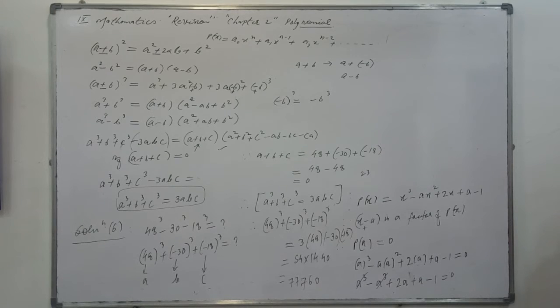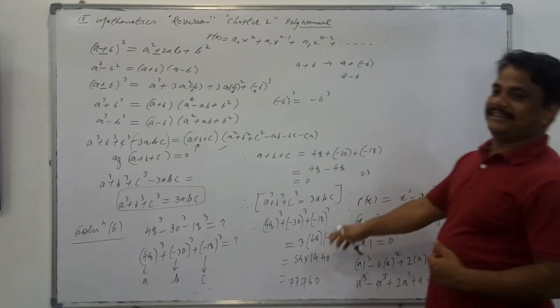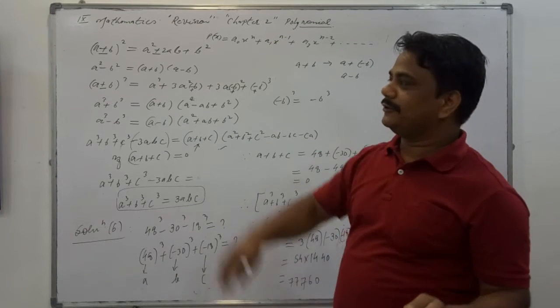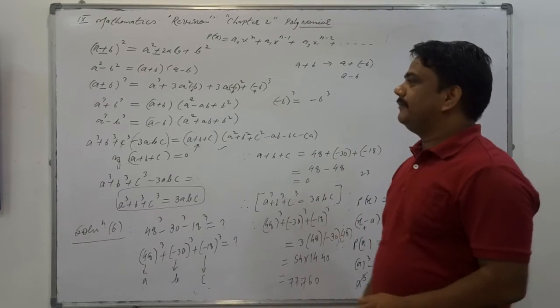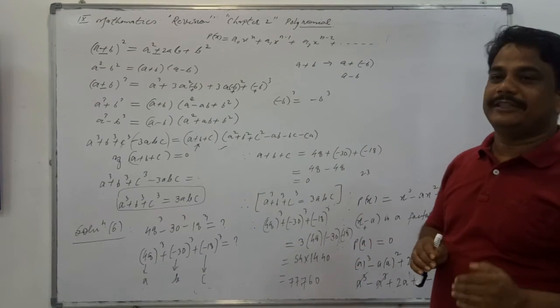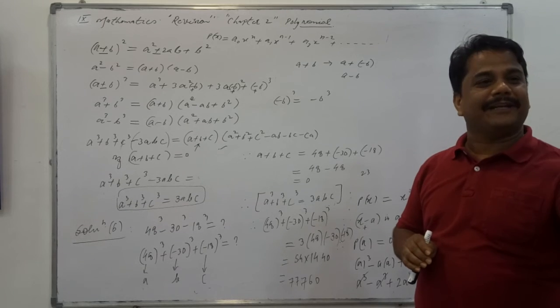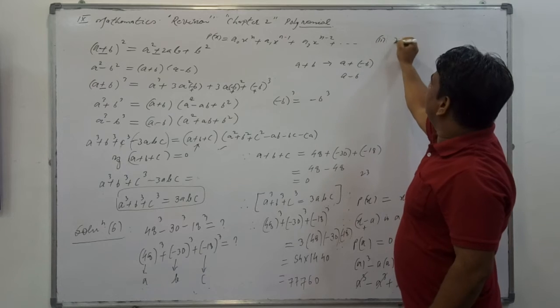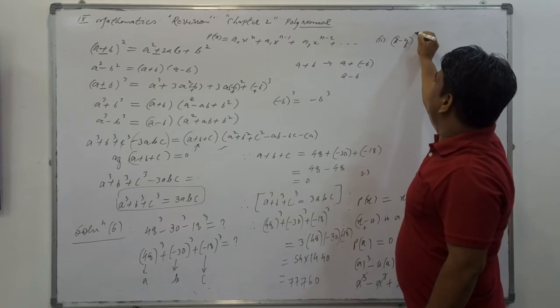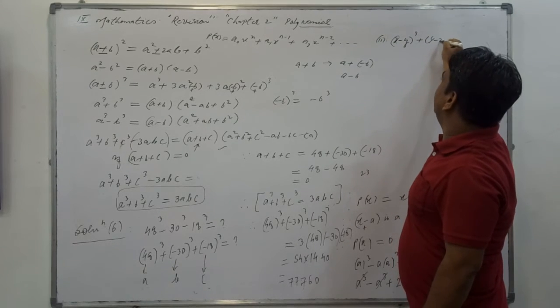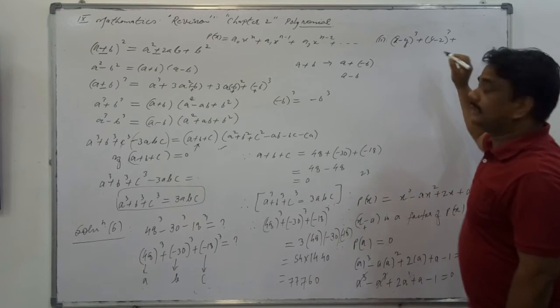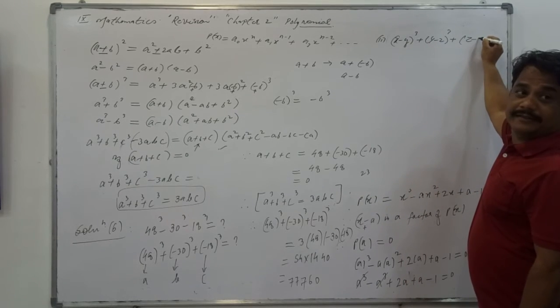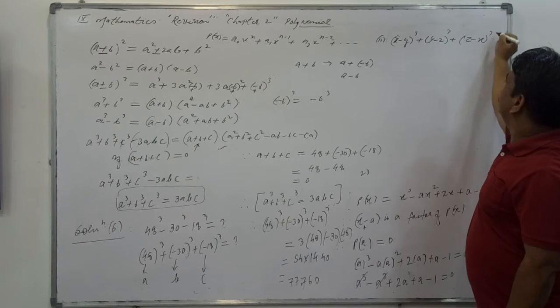The next question is saying here, without actual cubing. The same pattern question is there. You just observe what you have to do with the alternative. Solve means what? You can make x minus y one value a. The variety has been changed here in the second question: x minus y whole cube plus y minus z whole cube plus z minus x whole cube is also there.